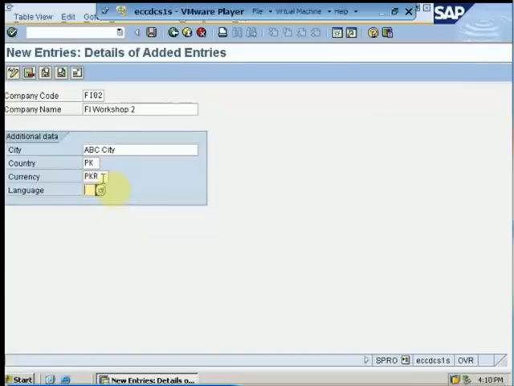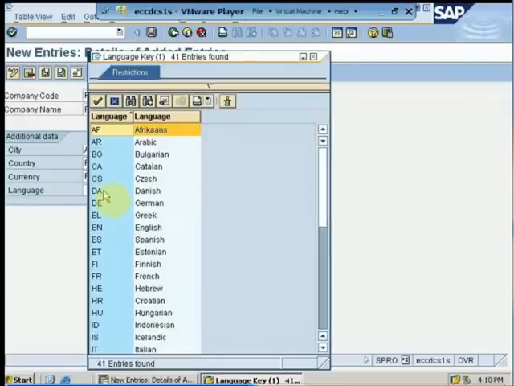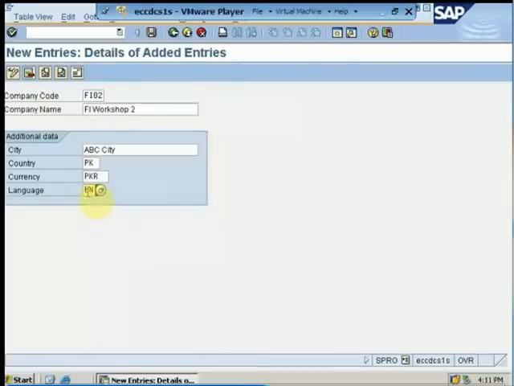The language in which the company will be maintained, that is EN. Now, if I do not know what is the prefix or what is the short form of the language, I can always click on this drop down and it will give me the list of values which are stored behind this table. For English, the short form is EN, so by double clicking, the properties will get automatically derived onto this field. Soon as I have entered all this information, I just have to save, and we have created a